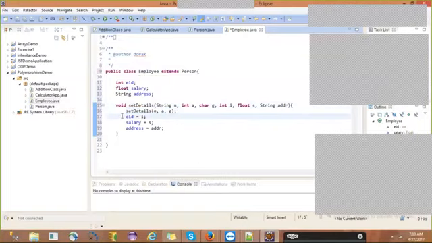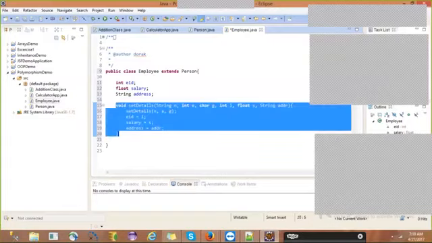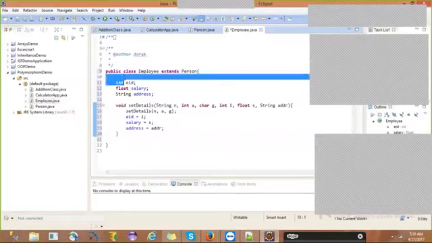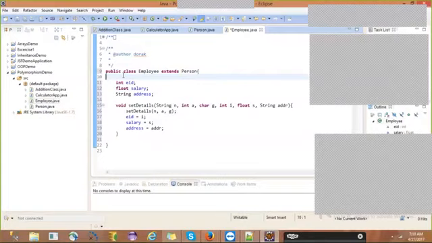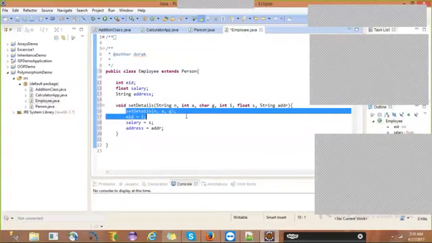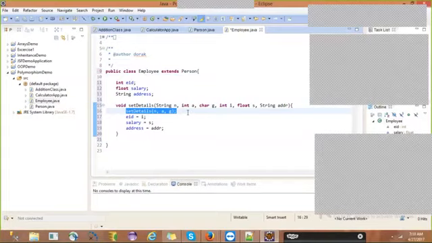But with extending, or with inheritance, what is the advantage? The parameters won't be changed, but you can remove the member variable, attribute or field declarations, and instead of writing 3 assignment statements, you can make a single call to the parent class method, or super class method, like set details.